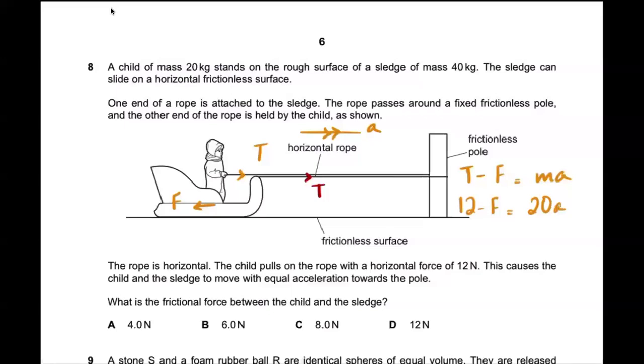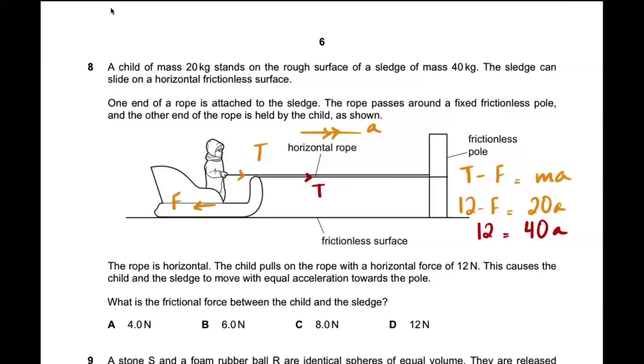If I do the same thing for the sledge, this would just be T because there is no other force on the sledge. It's frictionless. So there's just this T being equal to ma. So T, which is this 12, equals 48,